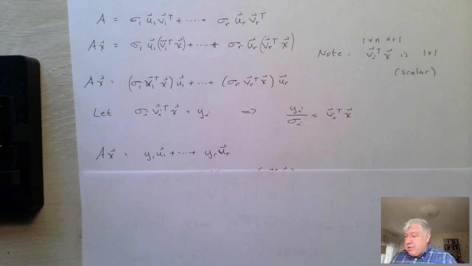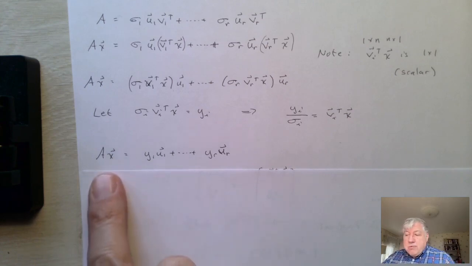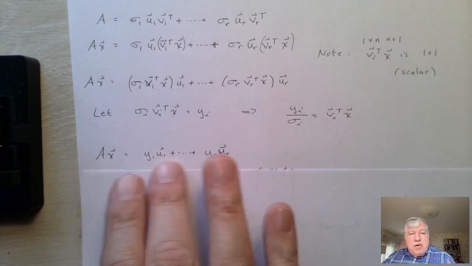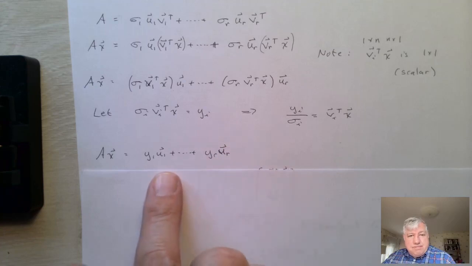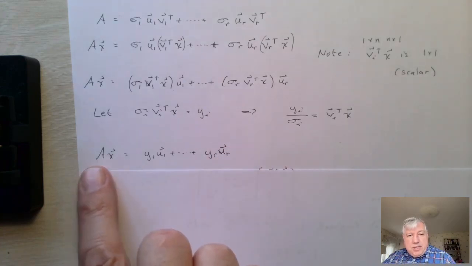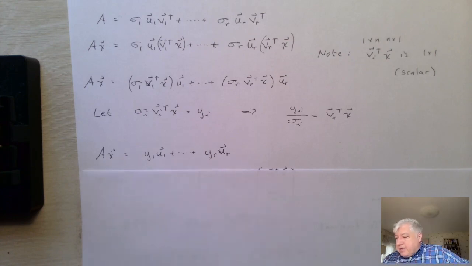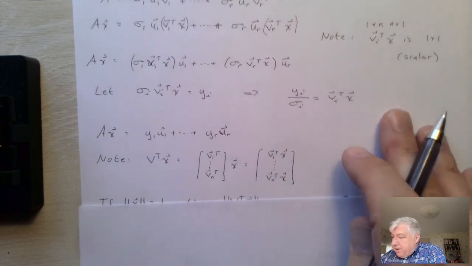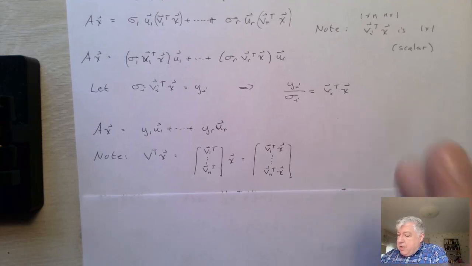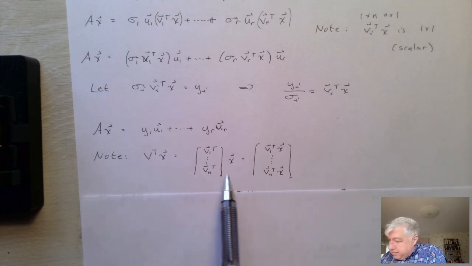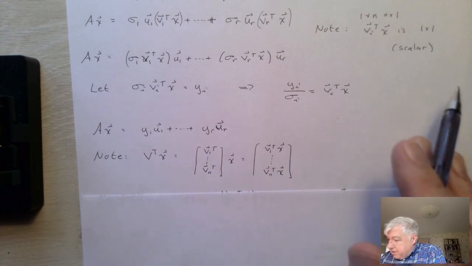By the way, interestingly enough, you can see that this will also show that the rank of A has to be R, because this really corresponds to all the linear combinations of the columns of A. But this has a particularly nice consequence, because now if we take the orthogonal matrix V and take its transpose, V transpose X is going to be this,